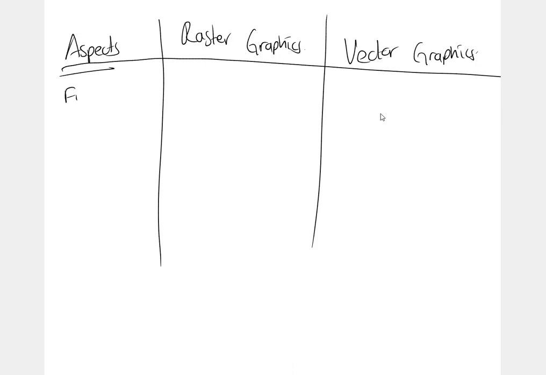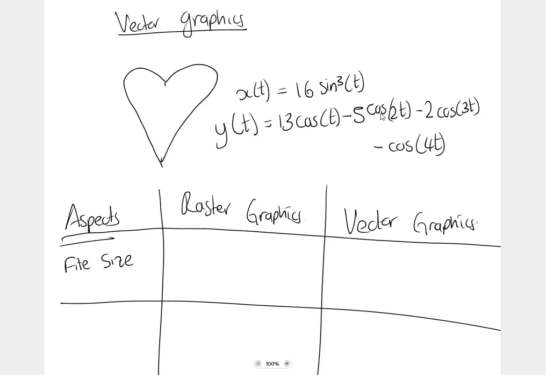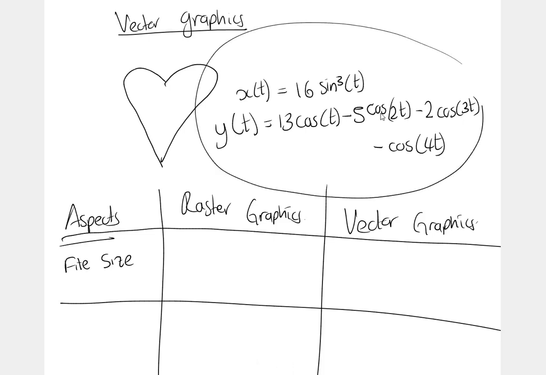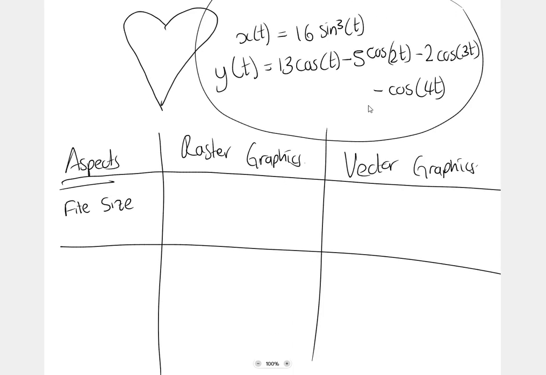So file sizes. As far as file sizes go, which of these take more size? Is it easier to store this equation in bytes in memory, or is it easier to store 3 bytes per pixel in memory? 3 bytes per pixel in memory is what we would necessarily do for color imaging with raster graphics. So we can expect this to be larger, because here we're just storing a bunch of equations, a bunch of numbers, a bunch of representations for these equations. So this is much larger, and it depends